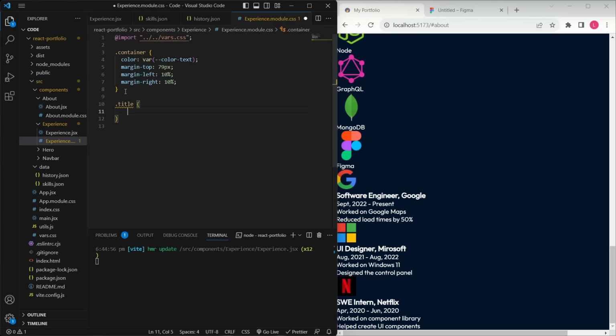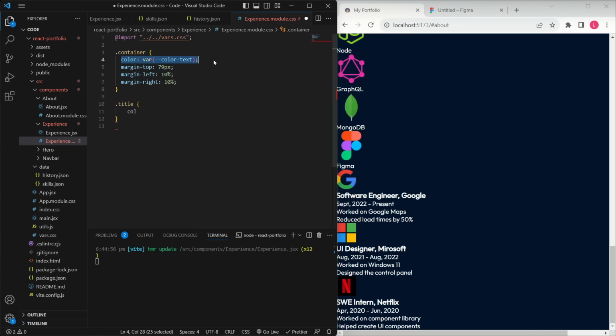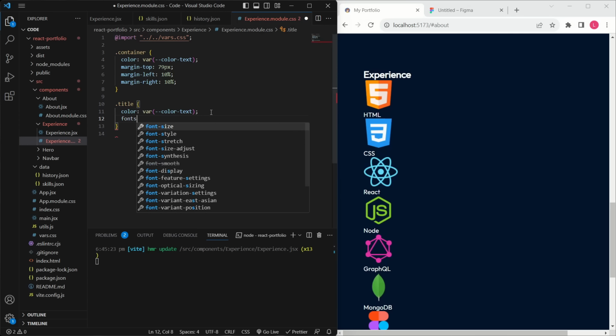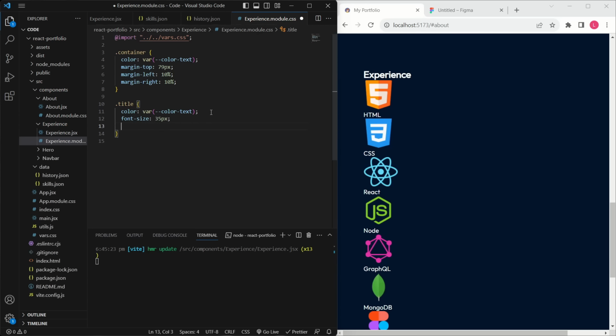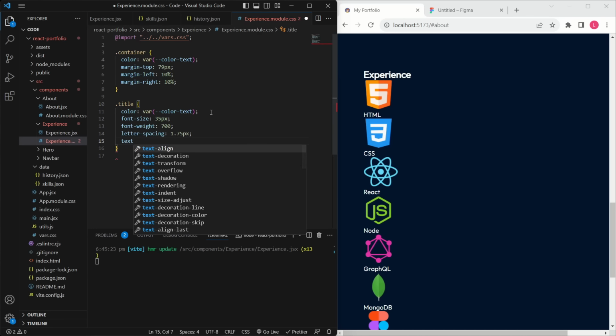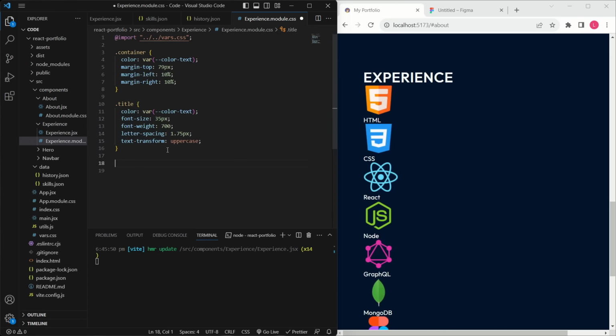For the dot title, we'll say the color should again be color dash text. And we want the font size to be 35 pixels for this. We want the font weight to be 700. We want the letter spacing to be 1.75 pixels. And as before, we want the text transform to be uppercase. Then for the content,